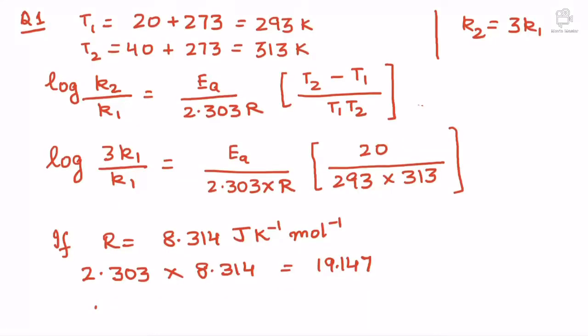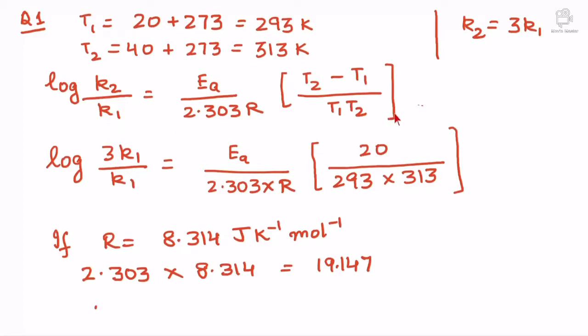So did you attempt question number 1? As I gave you the hint, the temperature has to be thermodynamic temperature. So temperature has to be in Kelvin. So T1 is 293 Kelvin, that is 20 plus 273. And I'm not taking it as 273.15 just to keep the matters easy. T2 is 313 Kelvin. Rest, what you have to do is, you just have to input the Arrhenius equation,